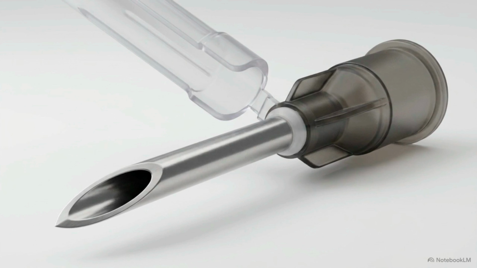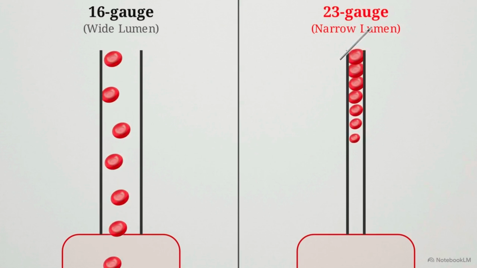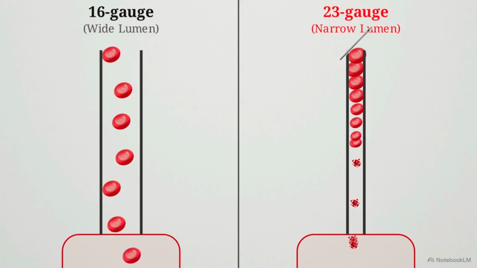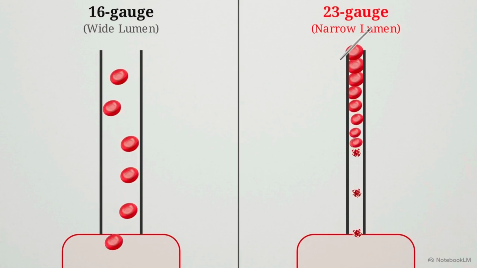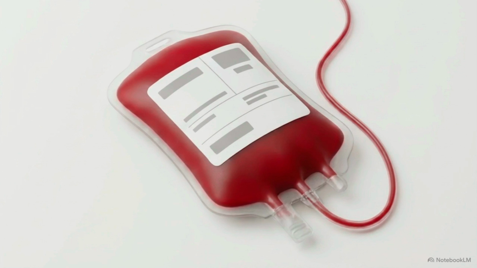For the venipuncture, you must use a sterile 16-gauge needle. A 16-gauge needle has a wide lumen. If you attempt to draw a full unit of whole blood through a smaller 23-gauge needle, the sheer mechanical pressure will rupture the red blood cells. This hemolysis will destroy the sample. Insert the needle and carefully route your tubing so the blood flows freely downward into the primary bag, mixing directly